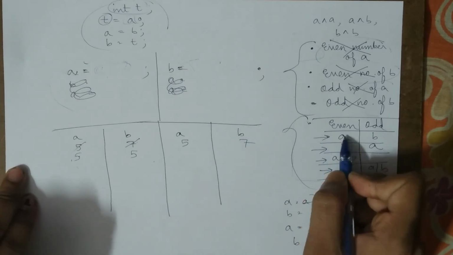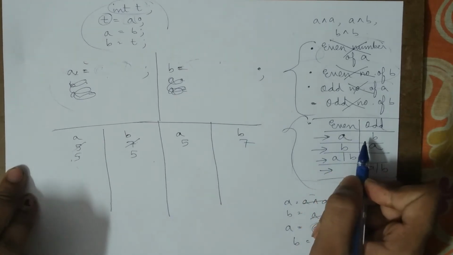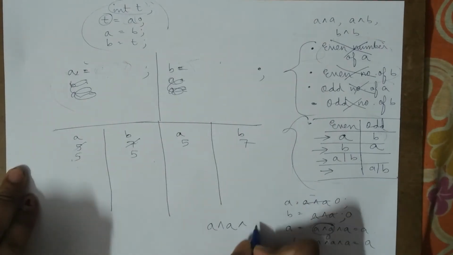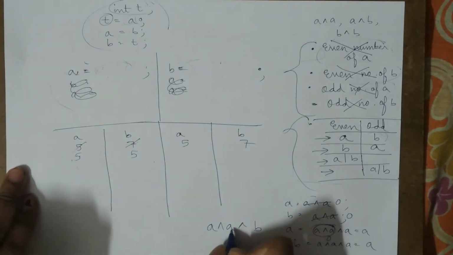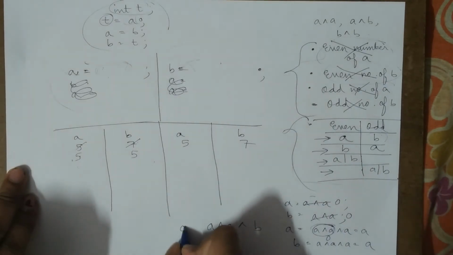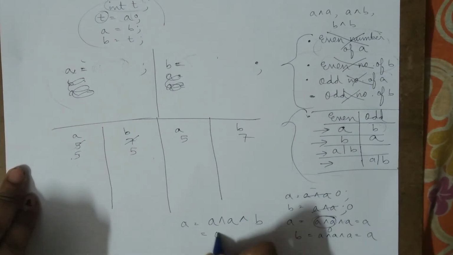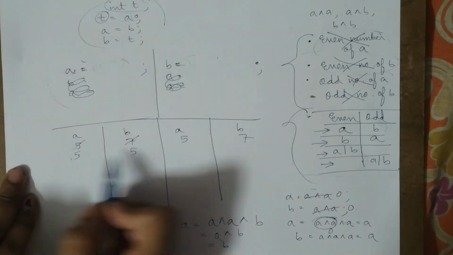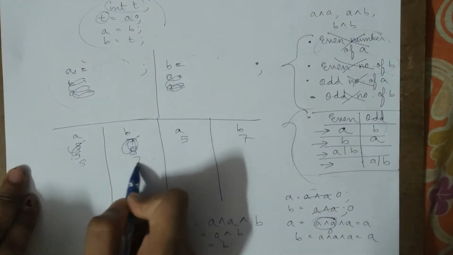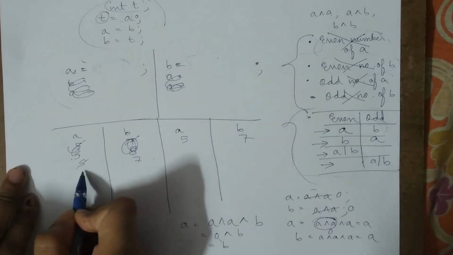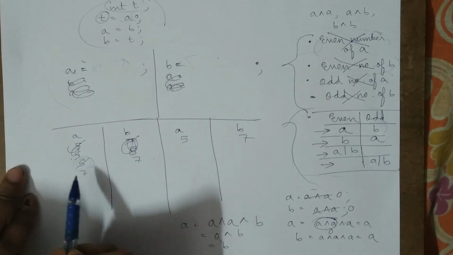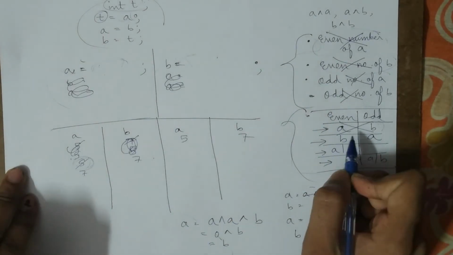So now first, what is the case? That we have to take a even number of times. So if we take a even number of times, let's say we write a even number of times and b odd number of times, which is 1. So this will come down to 0 or b, and again the same problem is occurring over here, that a is being directly assigned b, okay. So a was 5 and originally what were they? 5 and 7. So a is becoming b, which means a is becoming 7 over here. So now this 5 is getting lost. So now how to get this 5 back? So this case will be rejected again.